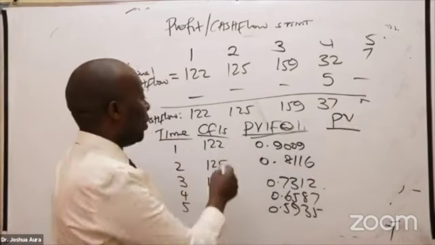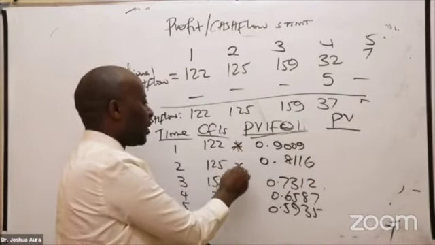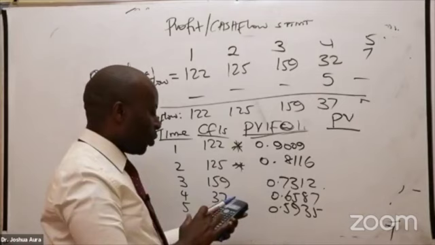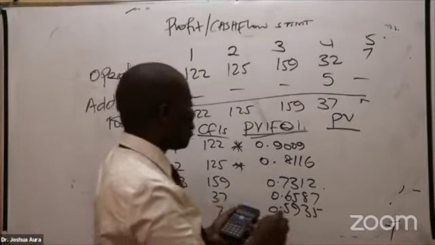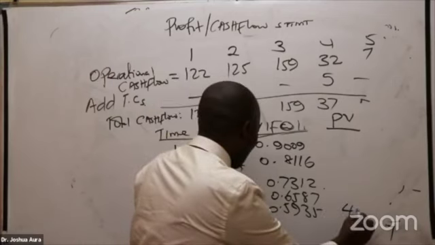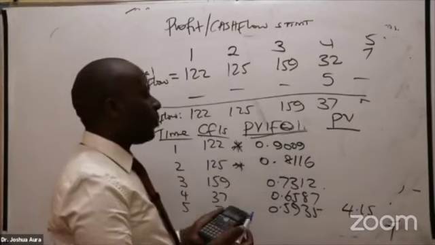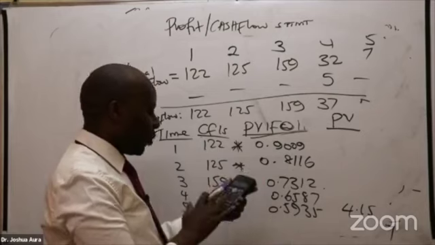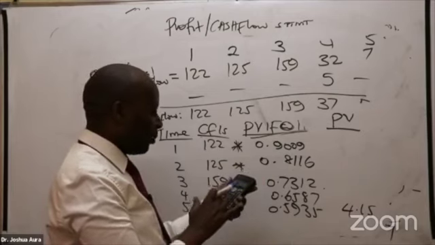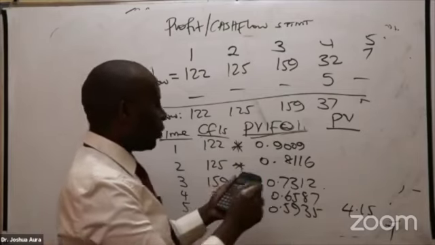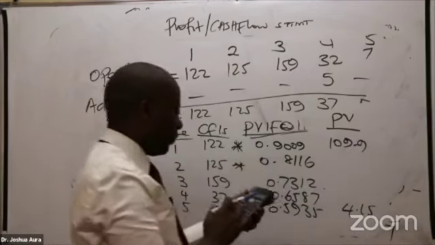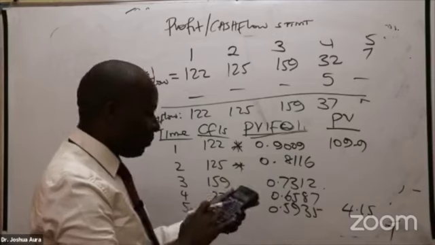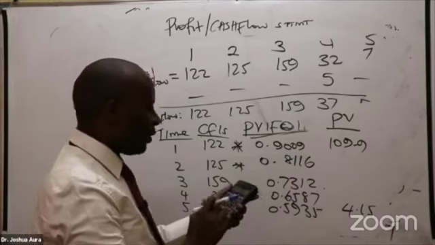So present value, take 122 times, you multiply like that. I can begin with the last one times 7, because I have the last one. The last one, to 2 decimal places, we have 4.15. So go to the first one, we have 122 times 0.9009. We have 109.9. From there, we have 125 times 0.8116, which gives us